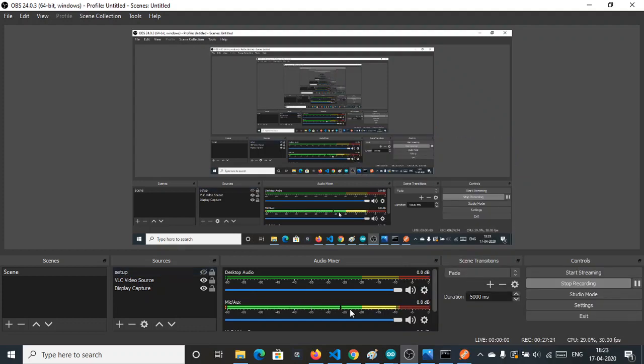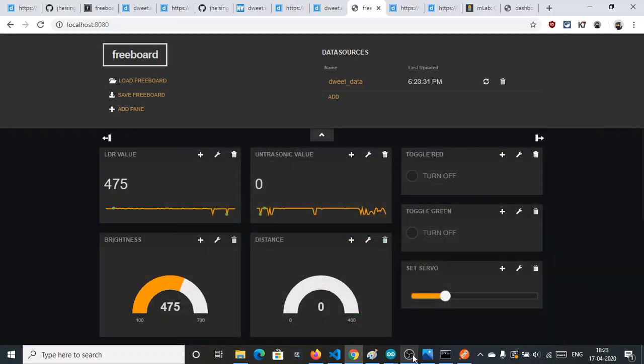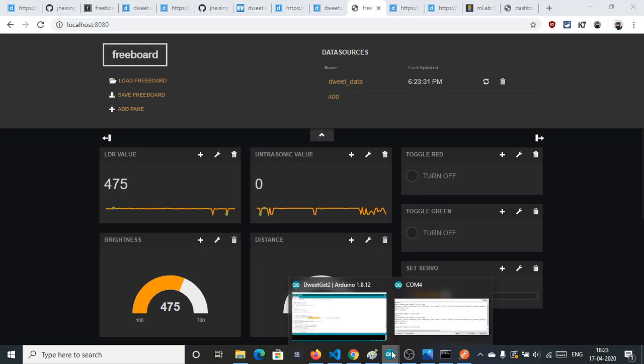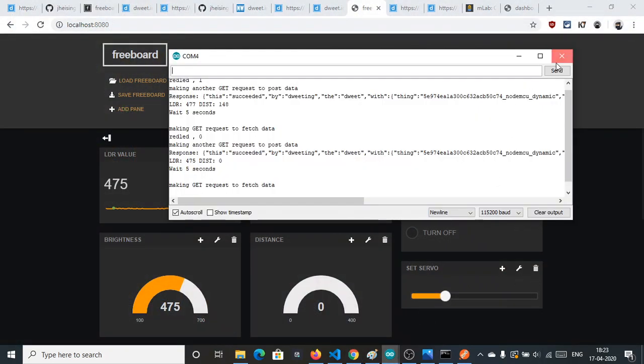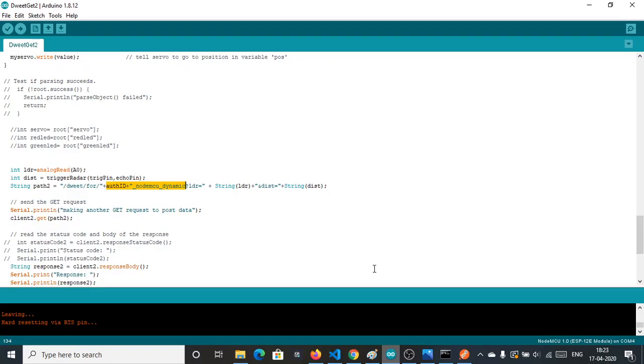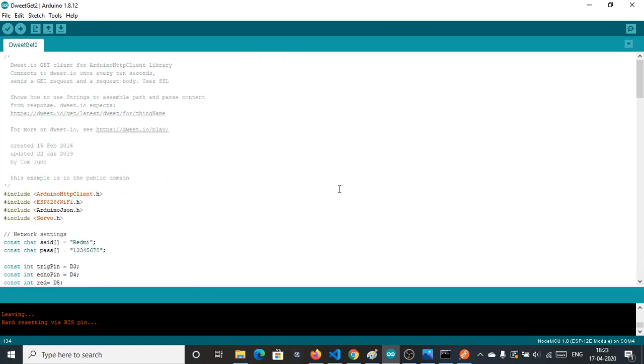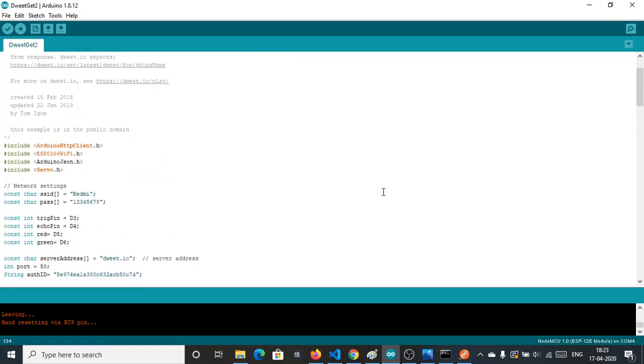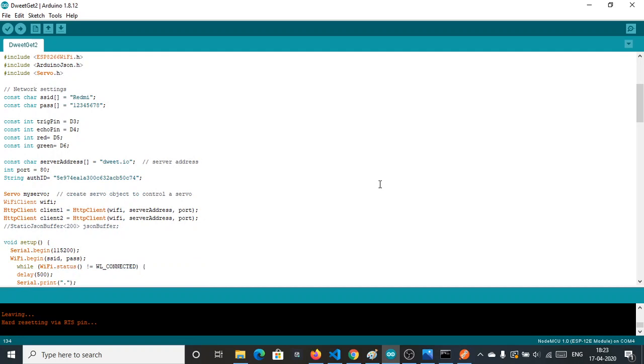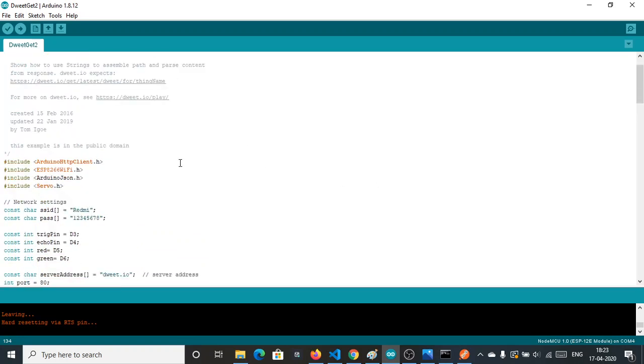Let me check the session. Okay, I think the work of our setup is over now. We will directly jump to the explanation of the code, how this Arduino code is working. We will understand the architecture, Node MCU static, Node MCU dynamic. Now it's time to understand this code.